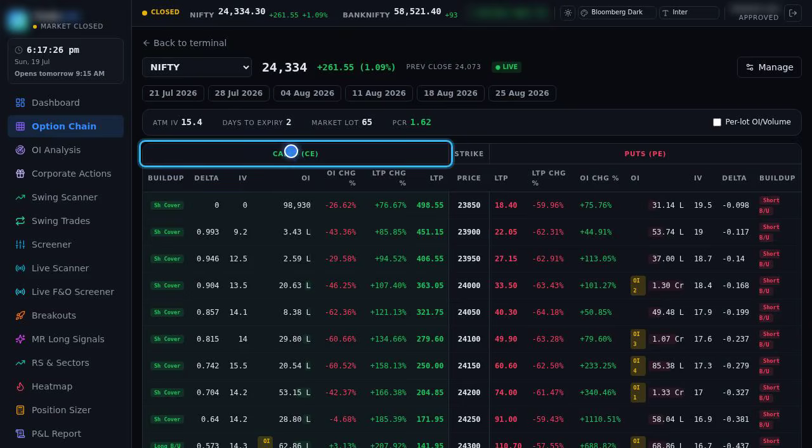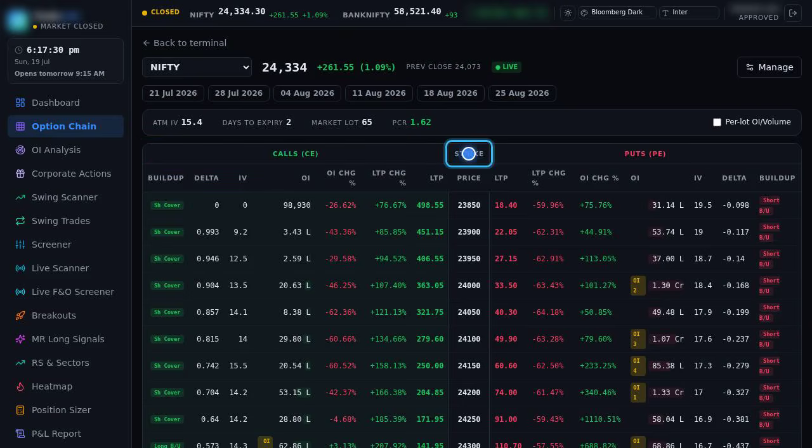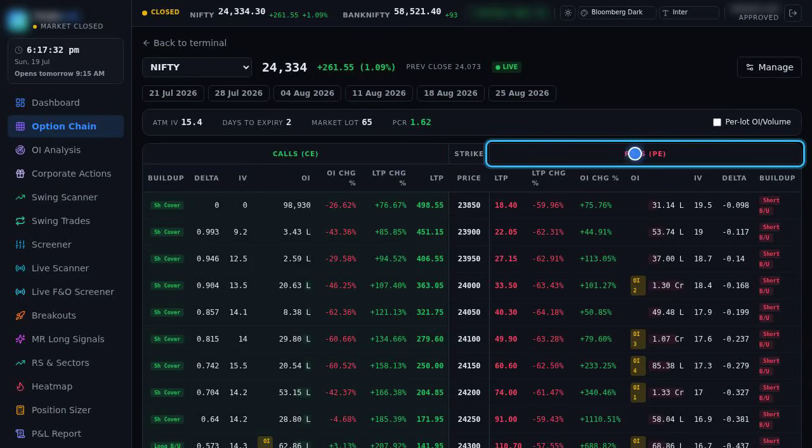So, what is an option chain? Think of it simply as the full price list for every option contract available on one stock or one index. Just like a shop has a rate card for everything it sells, the exchange publishes an option chain for Nifty, for Bank Nifty, and for every F&O stock. This one in front of us is the chain for the Nifty index.